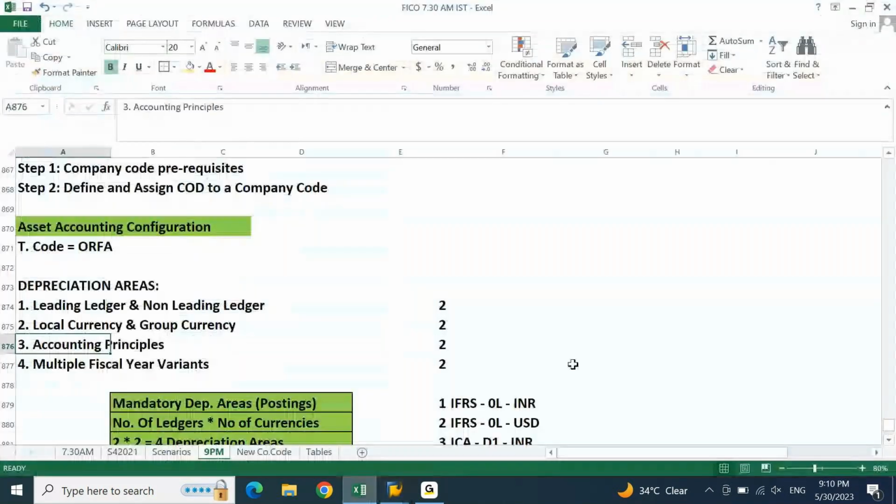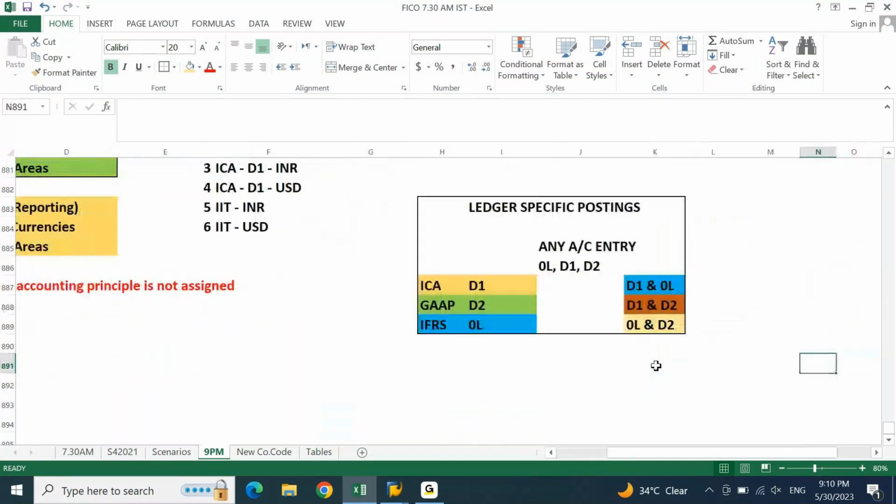Let's say you're talking about three accounting principles, and we have only two ledgers. If you have only two ledgers, you are not going to create three accounting principles, because one ledger will represent only one accounting principle. You have to tell whether this entry is according to IFRS, GAAP or the Companies Act.